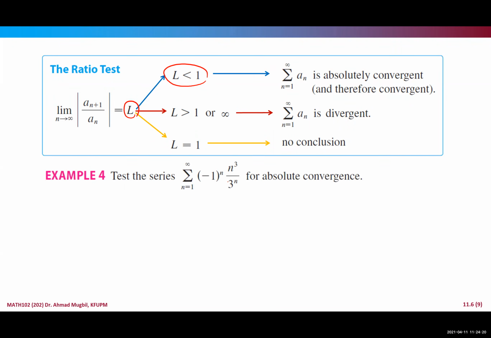Example, test this series for convergence, for absolute convergence. Now this is a_n, guys. Now what you will do, you will find the absolute value of a_(n+1) over a_n. What is this equal to? The absolute value, guys, of negative 1 to the power n or n minus 1 or whatever, it is always